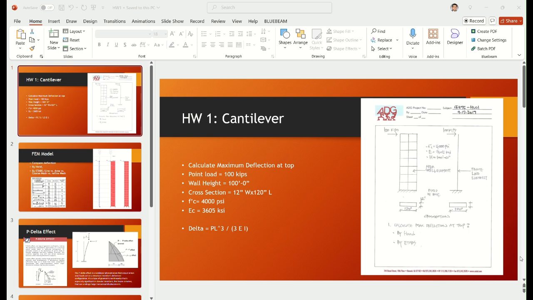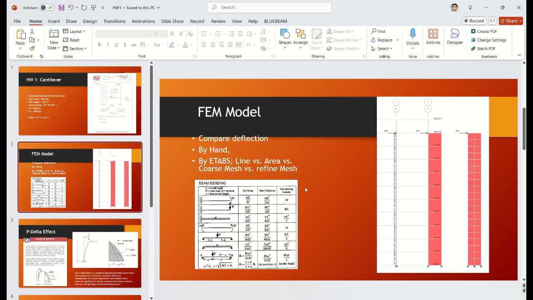The example in homework 1 is a 100 feet tall, 10 feet wide, 12-inch thick wall section. It is a cantilever, and we have a 100 kips lateral force at the top. Then we use 4,000 psi concrete, and we calculate the total deflection based upon the lateral loads. We also practice the formula hand calculation, and we run the homework 1 ETABS